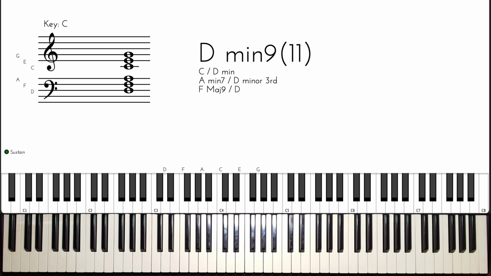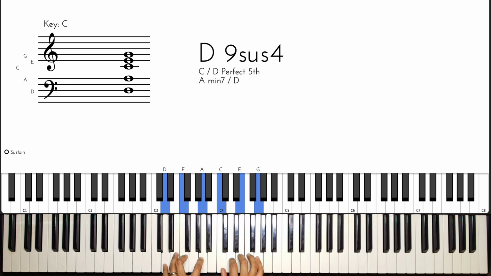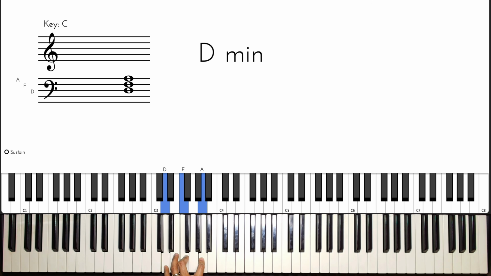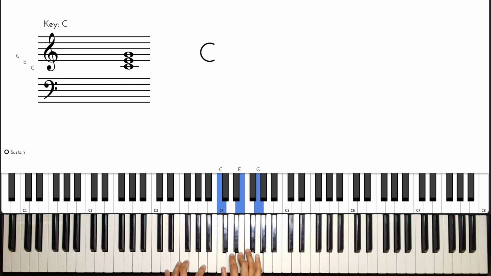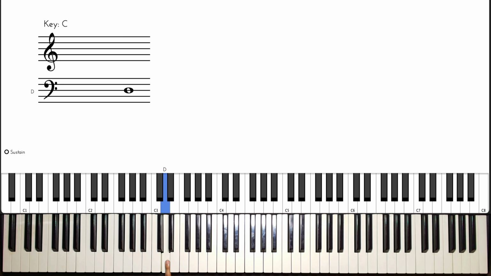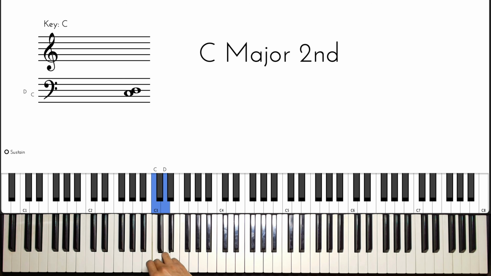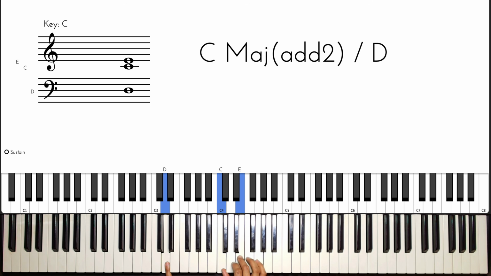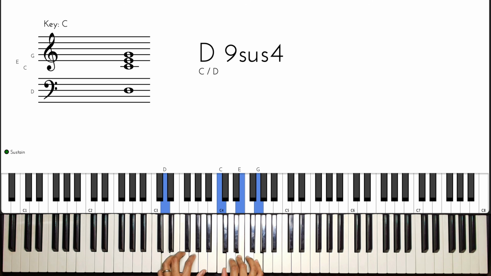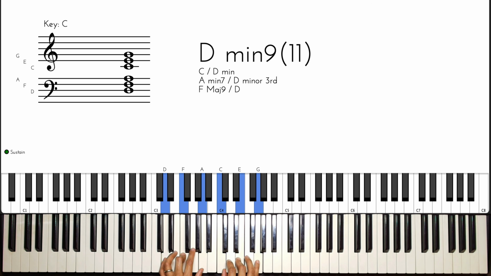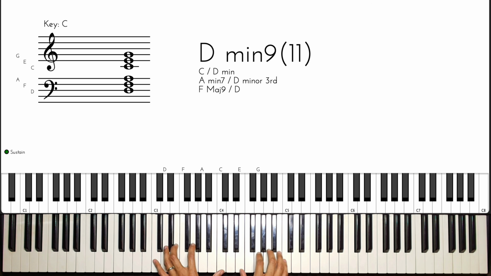Next chord is a 2 chord, in this case a D minor 11, and very easily we can form this chord by playing a D minor in the left hand and a C major in the right hand. So if you think about it, we're just going 2 half steps, or a whole step, left from D and forming a major triad on that note. So C, bring it up here, form a major triad, and the left hand would just play the minor triad. We get that D minor 11. So we have